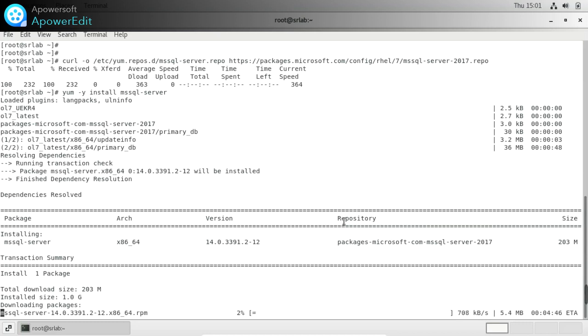So, installing MS SQL Server version 2017. It's likely 203 MB.